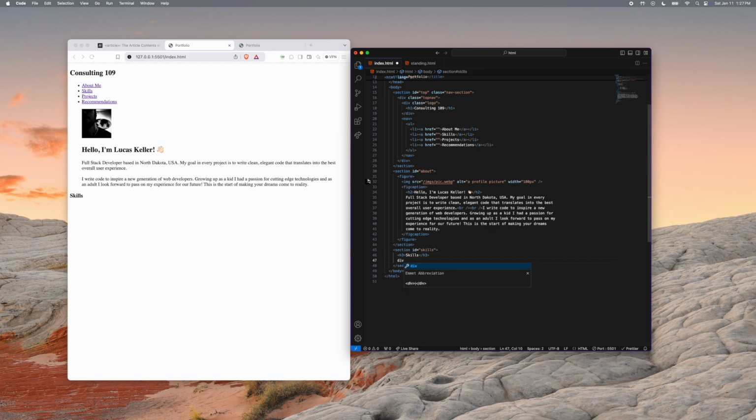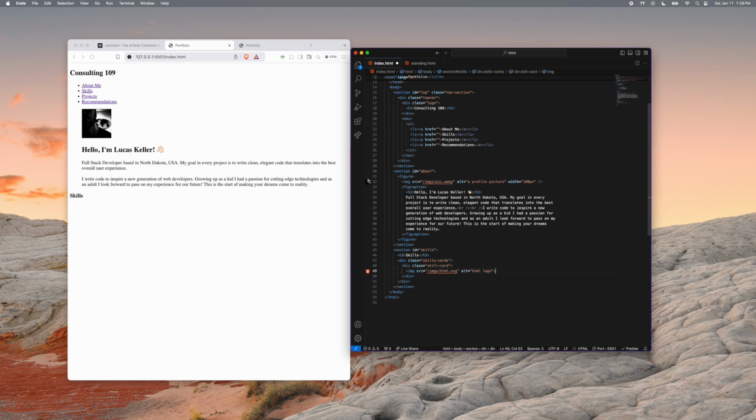And as we continue on, we're going to add some classes and some divs to break up this page. We're going to call this one skills cards. So this one here is going to contain all of our cards. And on the inside of this, we're going to say skill card. And our skill card is going to contain an image, of course, because that's what looks good. And in our case here, it's going to contain our HTML